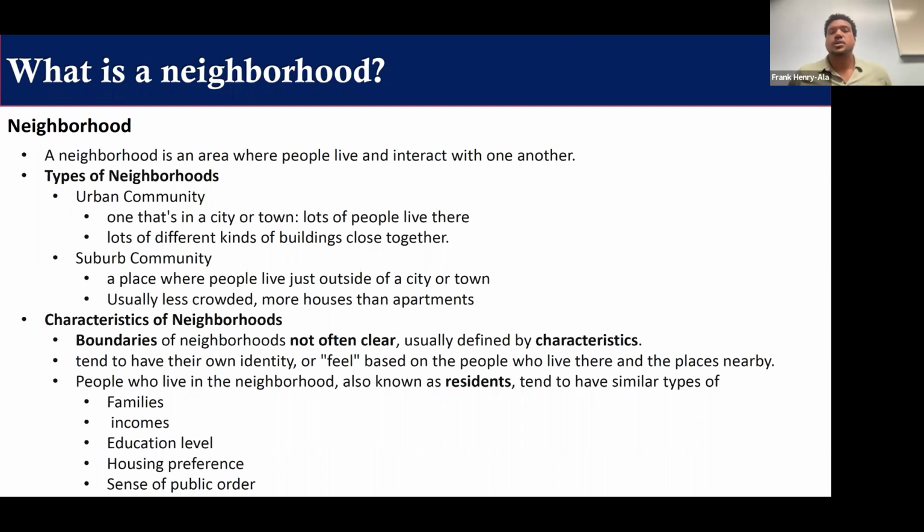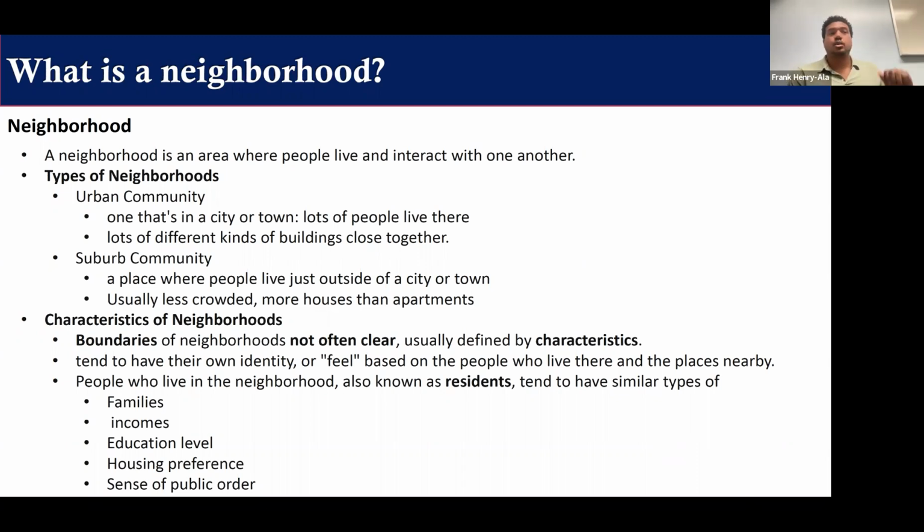The residents. Typically people who live in the same areas have the same family structures, similar income levels, education levels, housing preference, and also a sense of public order. And when I say public order, it's those unspoken rules within a neighborhood that you only know from being a part of that neighborhood.